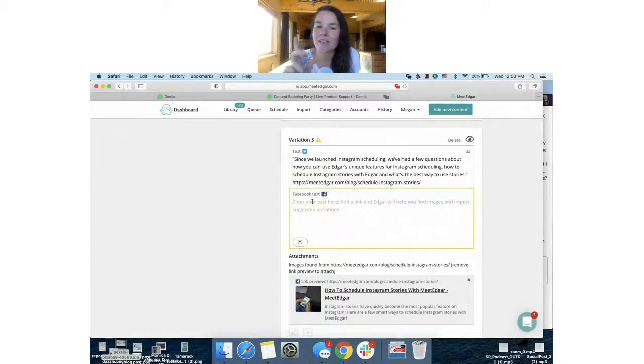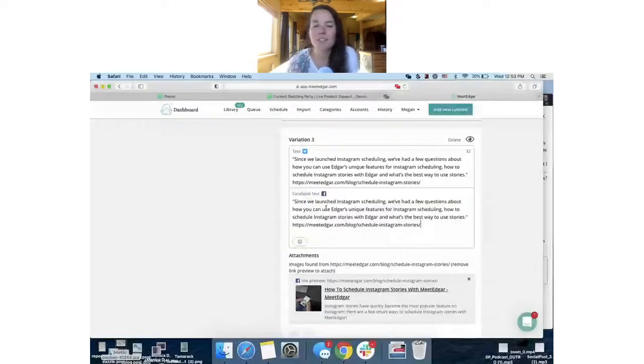The reason that this is available here is actually because Facebook has a term of service that says you cannot have automated content creation, which they see our auto variations as being. They allow automated scheduling, but not automated creation. So all you really have to do is copy this and paste it down here, and they take that as totally fine because you've taken that step. So you can either just copy and paste or go ahead and